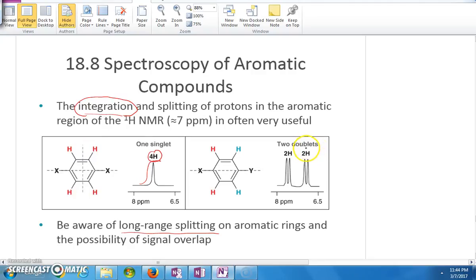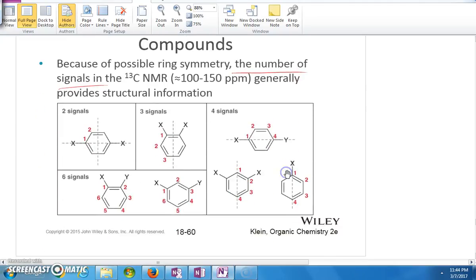And then if you have 2 different types of protons, you're going to have doublets, because this will be split by this into a doublet, and this will be split by this into a doublet. So you're going to have 2 different doublets. Now, if you have 2 signals, maybe a para disubstitution,